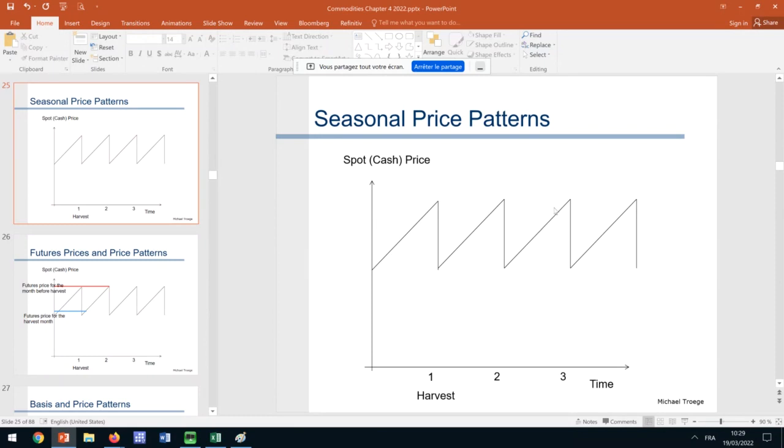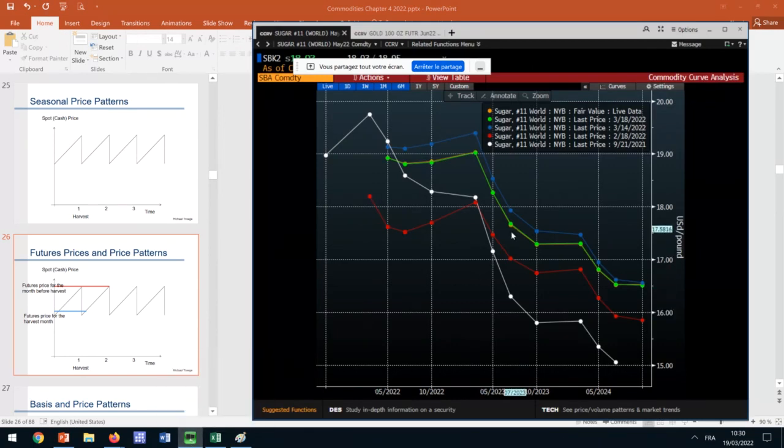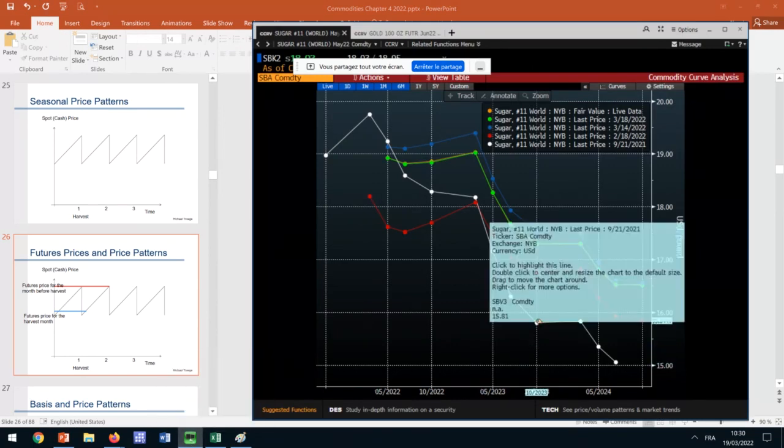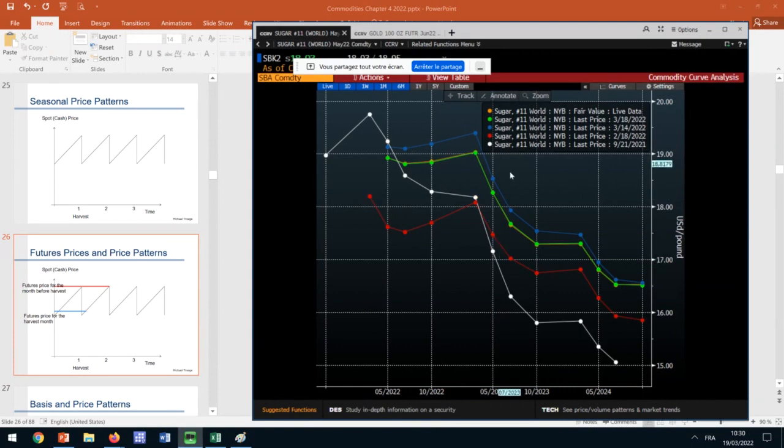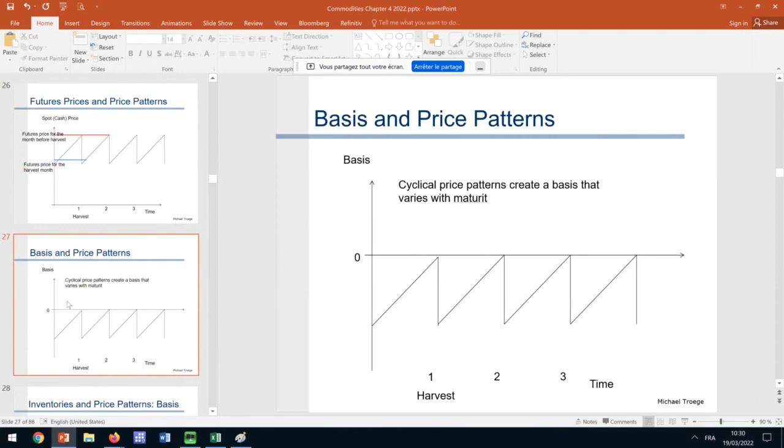Now if the spot price has, in a stylized way, these patterns, so it goes up because the product becomes scarcer and scarcer, and then the harvest arrives, it goes down, and so on, how should the future prices change? The future prices for the months before the harvest should be higher than the future prices for the harvest months. And that's probably what's going on here. I think harvest is probably in October as well. So the future prices for these months before the harvest are higher than the future prices in the harvest months, which means that